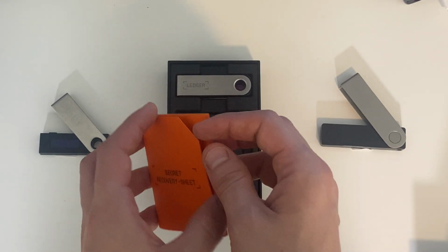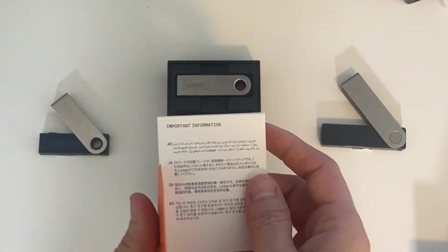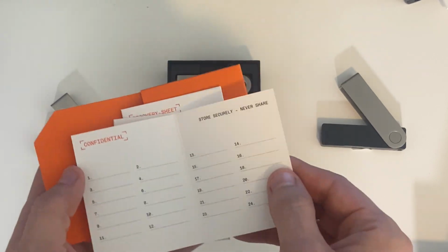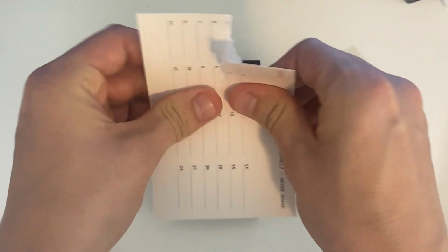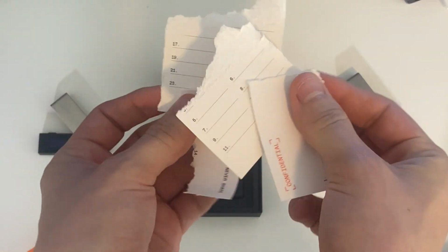The final issue with Ledger is not really an issue with Ledger. It's just what they give you out of the box. They give you that flimsy little piece of paper to put your seed phrase on. And you probably don't want to store your $1 million Bored Ape NFT on a piece of paper in your sock drawer. But this problem, like many of life's other age-old problems, can be solved with a hammer and